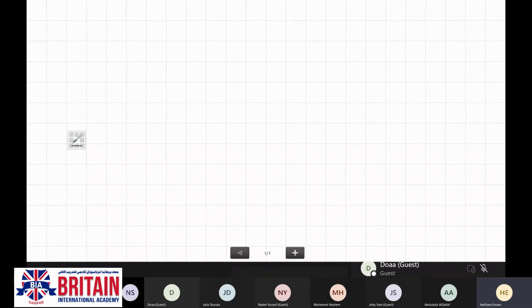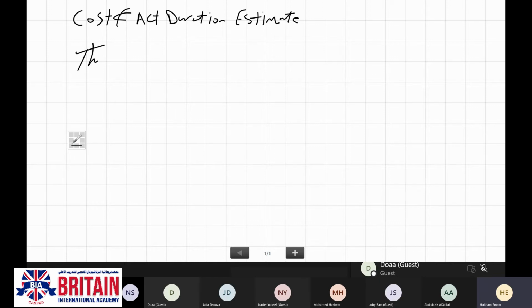If you remember when we were talking about the cost and activity duration estimate, we had a certain formula called the 3-point estimate. This formula depends on three main factors.